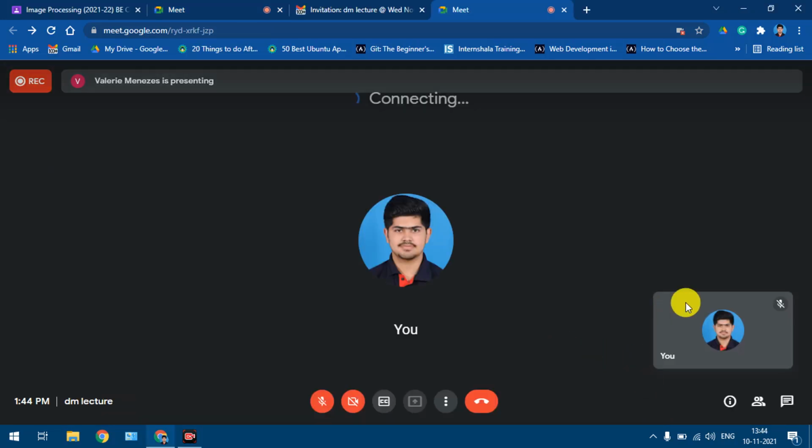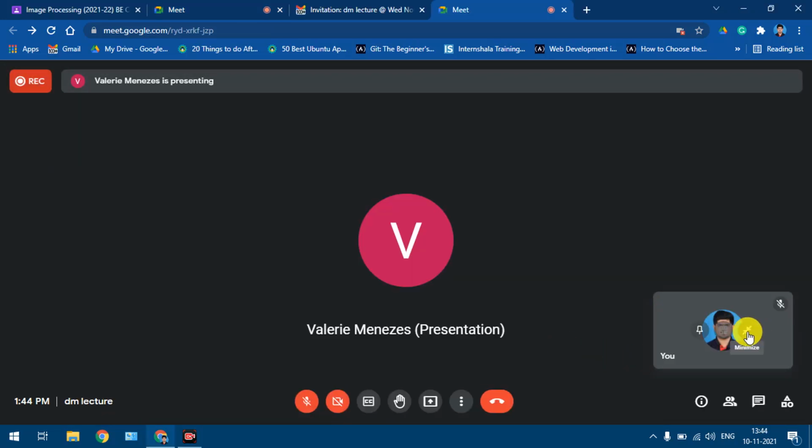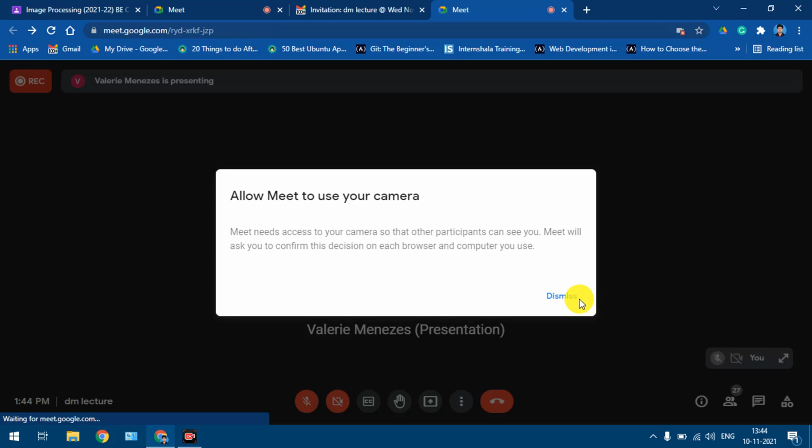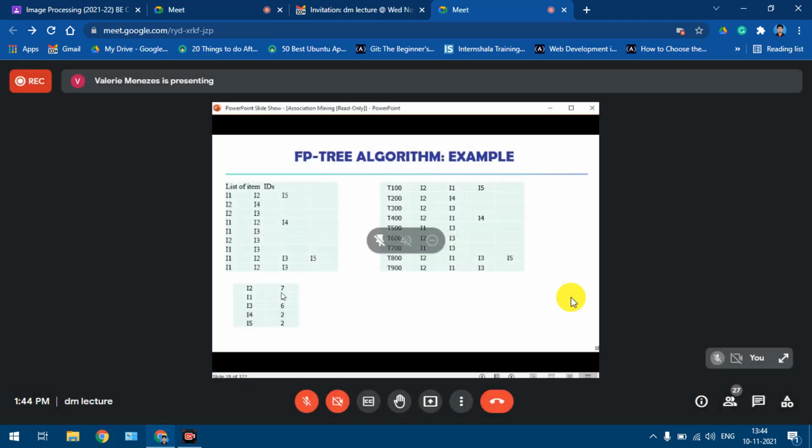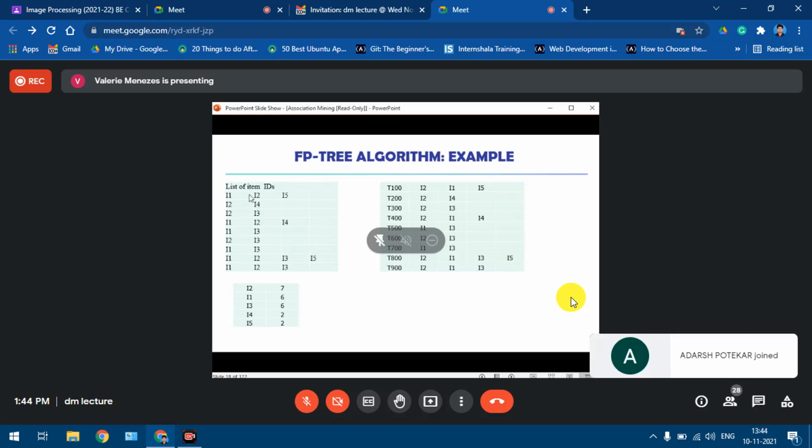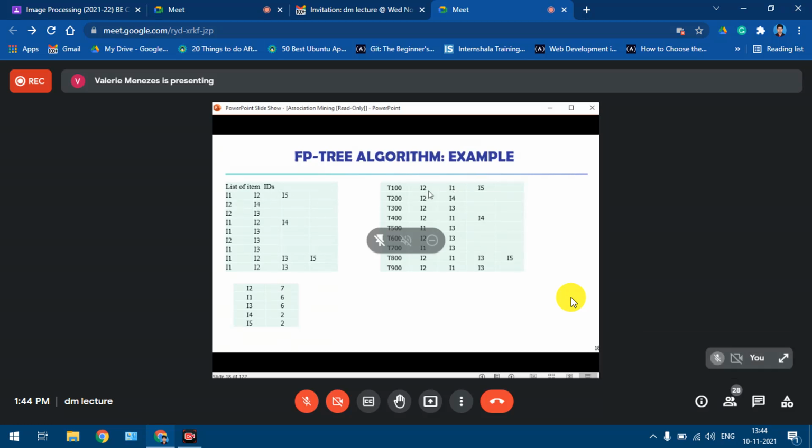Support counts over here, okay, and then rearrange the item sets in terms of decreasing support count. That is, the largest one you write first and the next largest and so on. Once you have computed the item sets in terms of their support count and rearranged them, then you rearrange the items in the transaction list in terms of their support count.